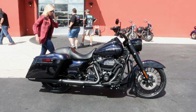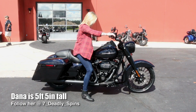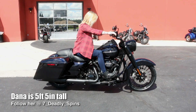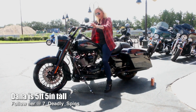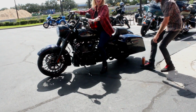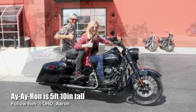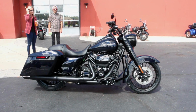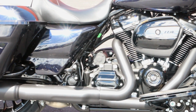So the 2019 Harley-Davidson Road King Special comes in starting at $23,089. It has ABS, a security system, and cruise control standard, and the Milwaukee 8 114 cubic inch engine, which is about 1,868 cc's, electronically fuel injected, a black 2:1:2 dual exhaust with tapered mufflers. It's reported to put out 122 foot-pounds of torque at 3,000 RPM, has a right lean angle of 32 degrees,